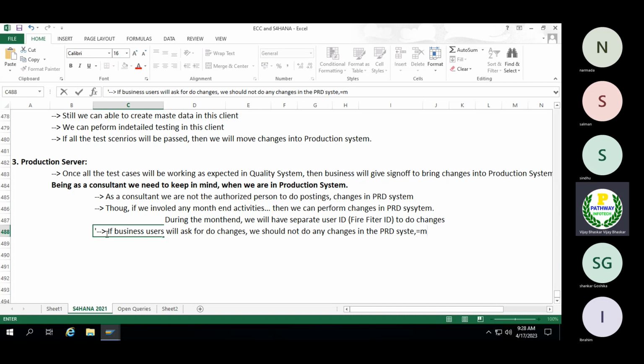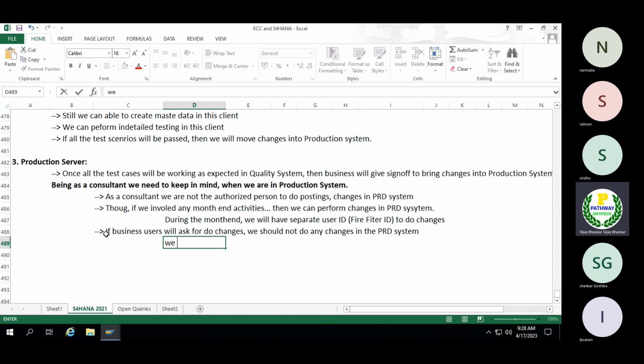Then what we need to do is ask users to share the screen, the user screen, and we will address them, guiding them on how to do the changes.